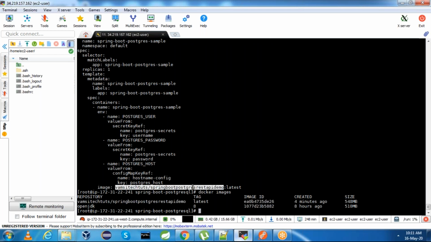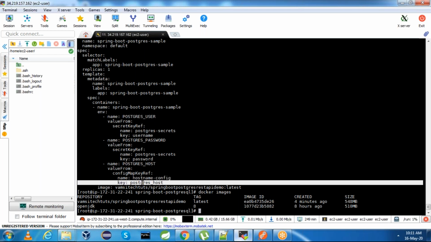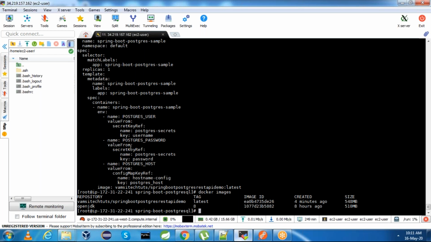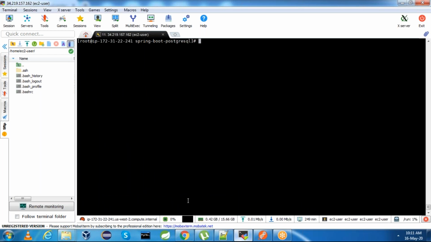This is the image name which we mentioned. And then we need the username, password, and host name. For that, the username and password are coming from the secrets file and the host name is coming from the config map. Okay, we have secrets as well as the config map. Let us do the deployment.